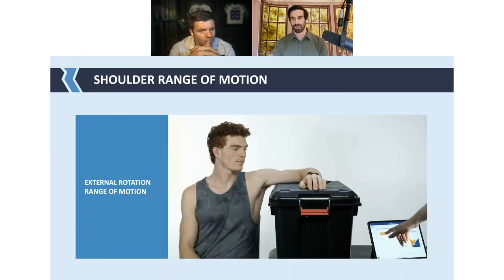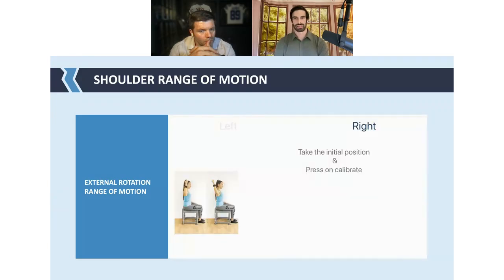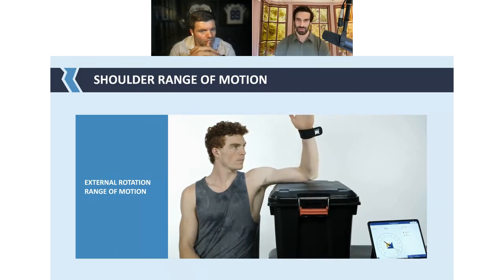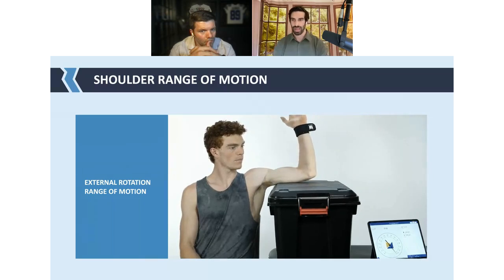And so I'll have the climber here. You can set the initial position and calibrate it. They'll stay still, and then they'll externally rotate, and they can externally rotate to that 90-degree position if you're testing that, and they can go all the way up into that position. You can make sure there's no compensations, and then you can get your value and compare it to the opposite side. And so this is a really nice way